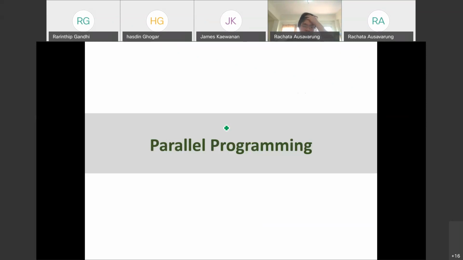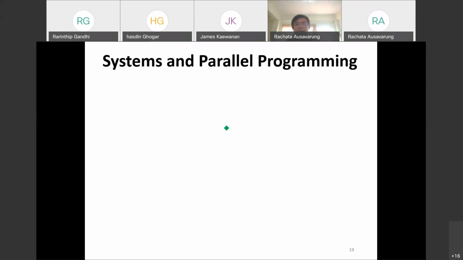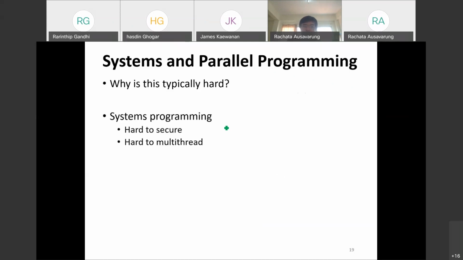Okay, so let's switch the topic and move on to parallel programming. If you have taken the OS, you might have figured out that system programming and parallel programming can be annoying. System programming, for example, is hard to secure and hard to multi-thread. Parallel programs are also hard to detect data races in. What are data races? Data races are,